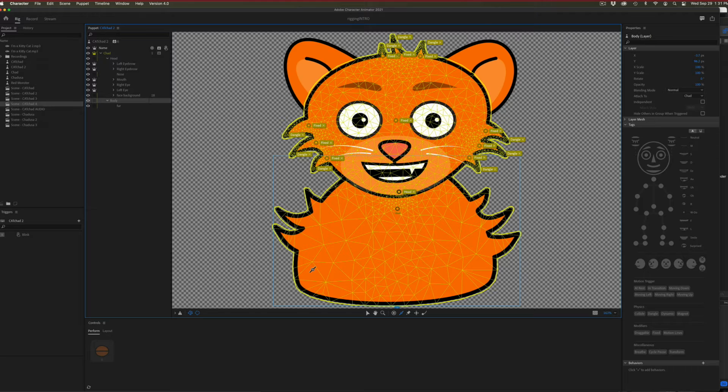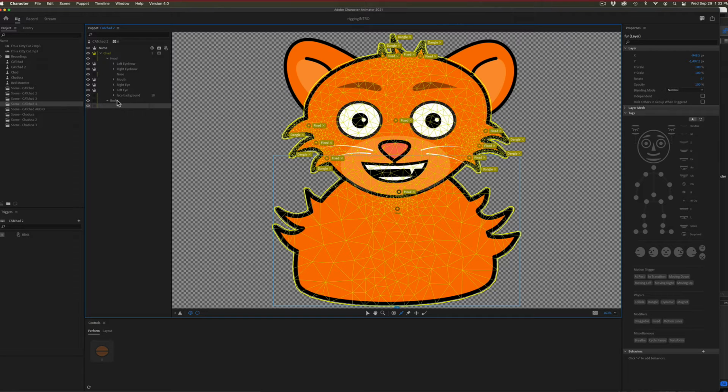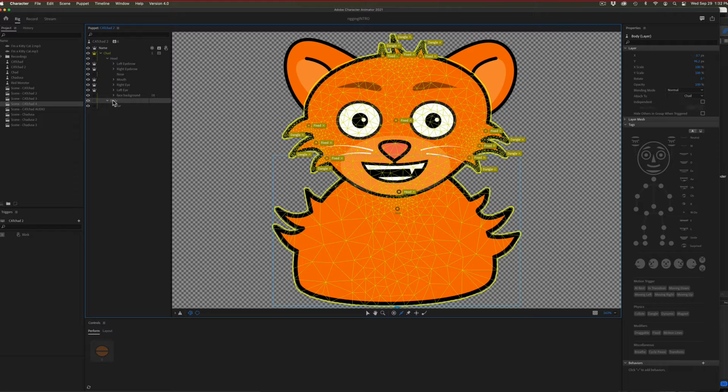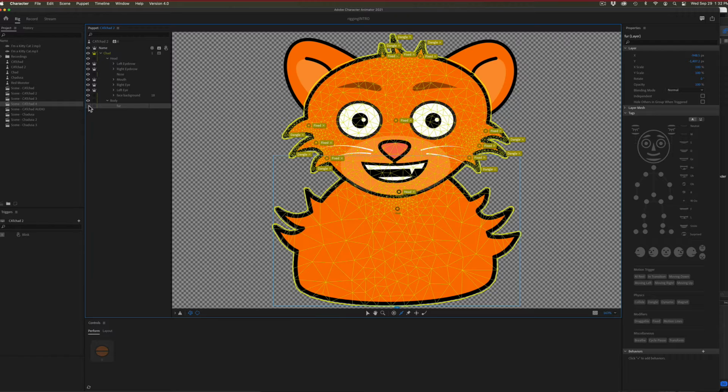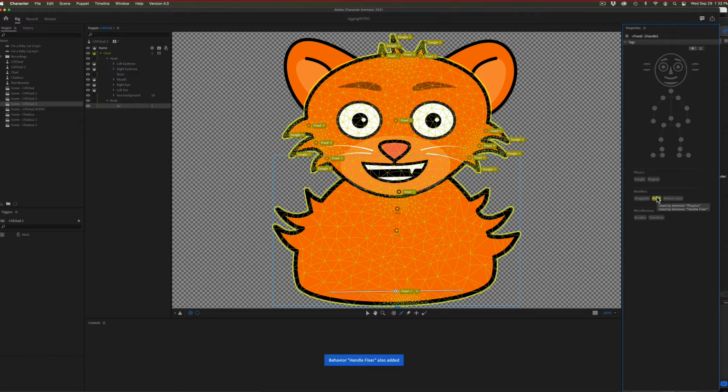Now what you have selected here matters. I have the body layer selected. I'm actually going to click on fur. Body is really just kind of the folder. The fur is the layer I'm affecting here. So I'm going to make sure that layer is selected, and then with my stick tool, just so I don't have to go in and place a bunch of different points, I'm just going to drag the stick. We want it to be set to fixed, and if it's not on the right layer of the hierarchy, it just won't work. So if we go to record mode,